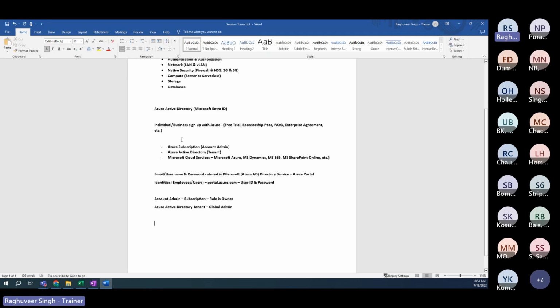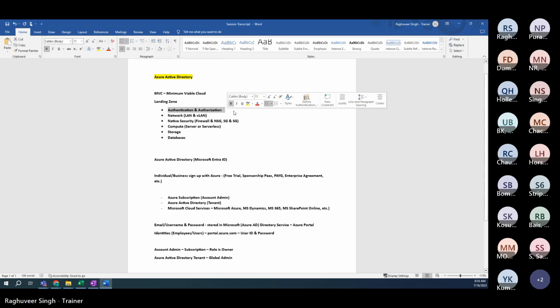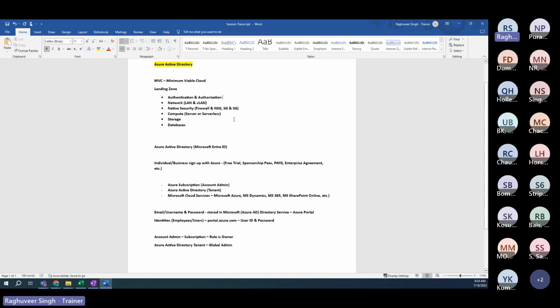Now, other than providing authentication and authorization, Azure Active Directory provides a lot of security capabilities also, because it is also a security service. And when I say a security service, you can configure a lot of security capabilities here. Example, you can configure multi-factor authentication, which basically means that only user ID and password is not sufficient for users to authenticate and authorize. The users will also be challenged with an additional factor authentication, which could be a one-time password that they will receive